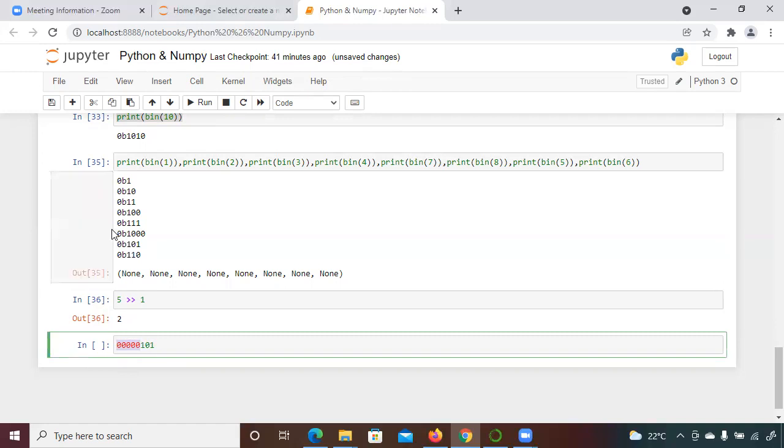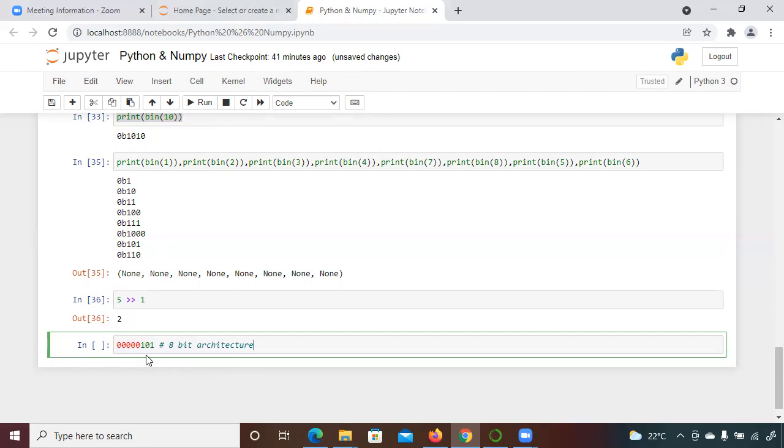See, it is a binary representation, all of this, but there might be a requirement. Suppose your processor architectures are like 64-bit, 32-bit, right? What does it mean? It means how many bits of data they can save at a time. So here suppose this is an 8-bit architecture, and you are representing 8 bits.